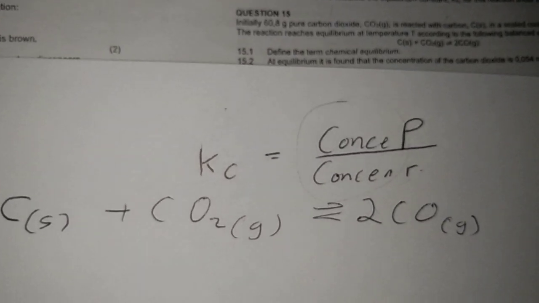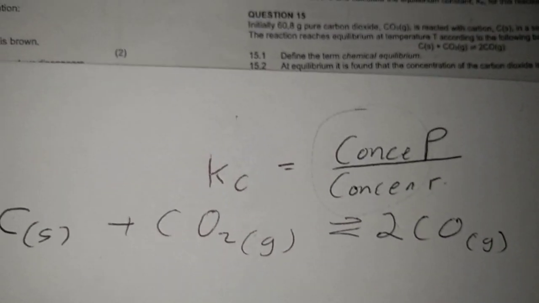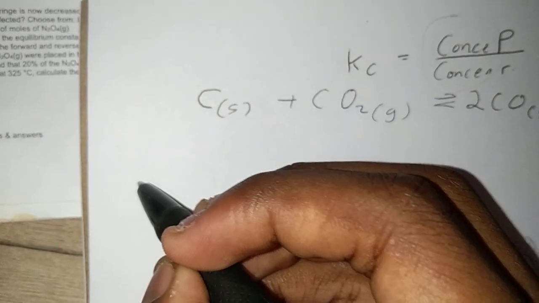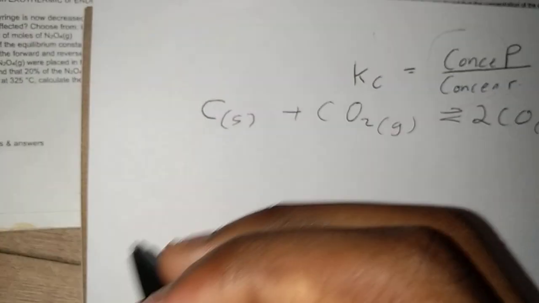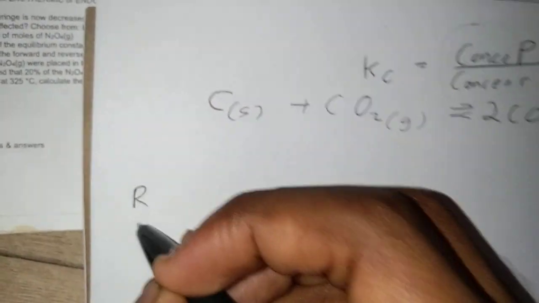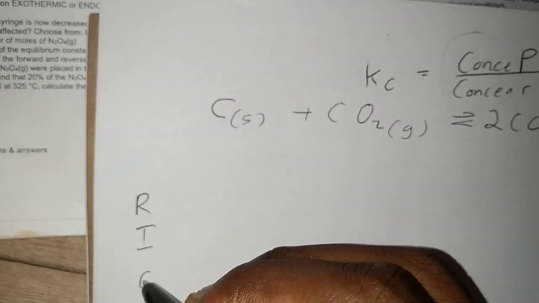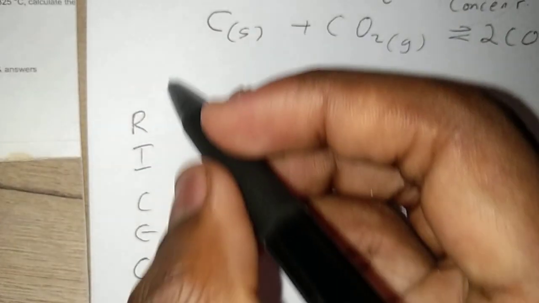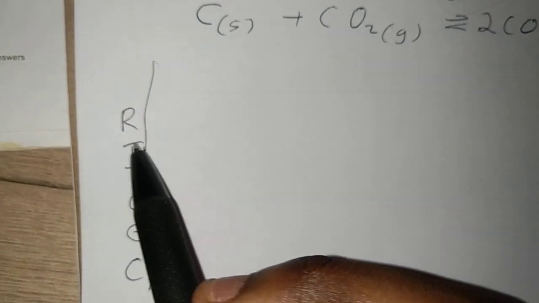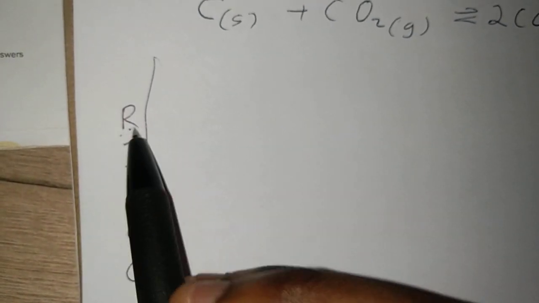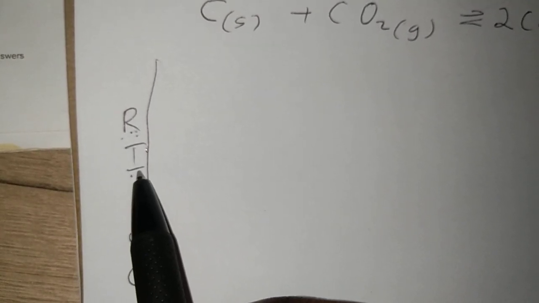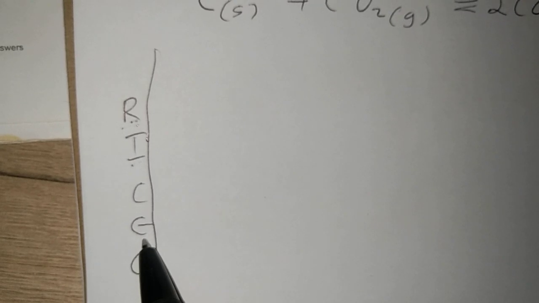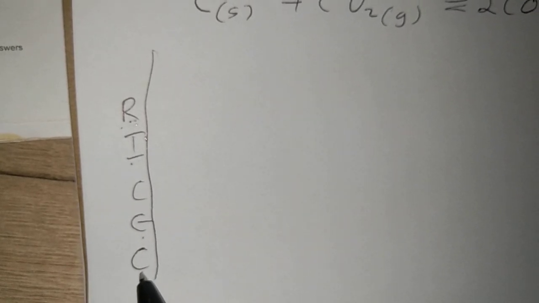Now the first thing you should do is to write what is known as the equilibrium table, or I call it the RICE table. This stands for the ratio of the molecules. This is the initial number of mole. There is the change in number of mole. This is the number of mole at equilibrium, and this is